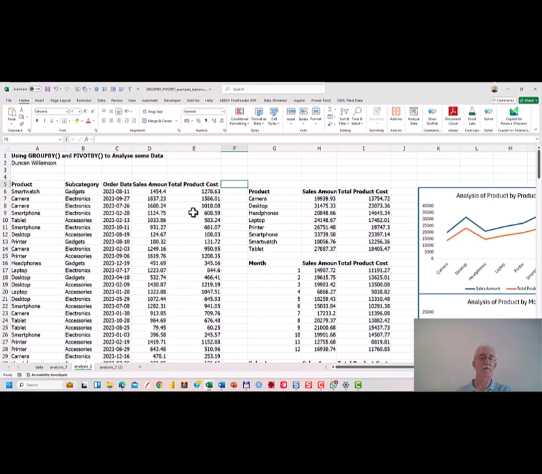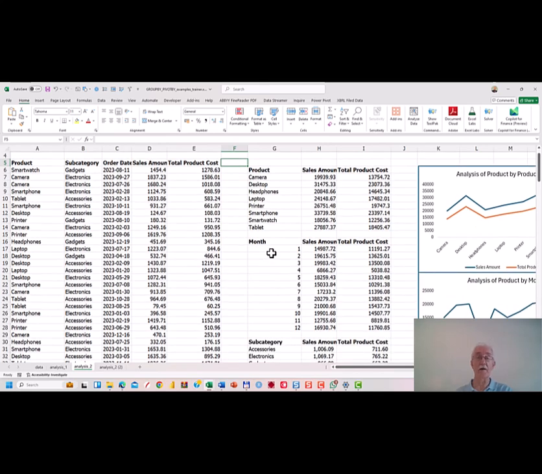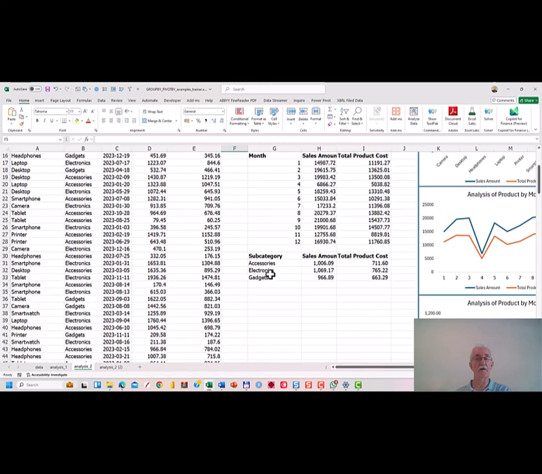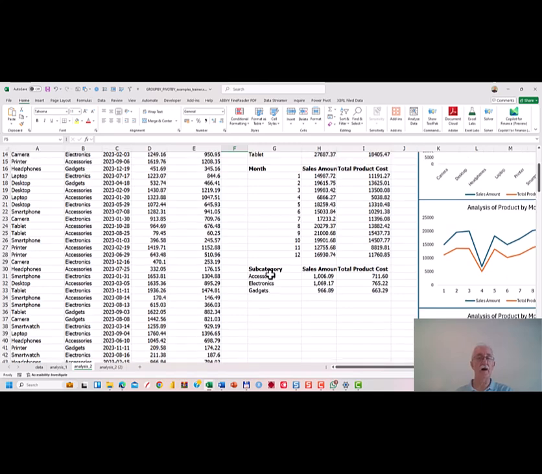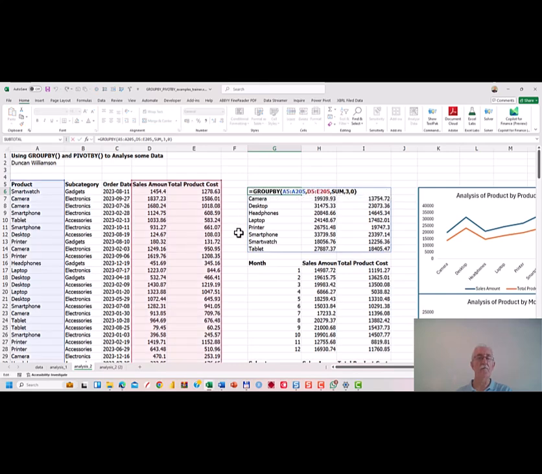One way to help is to group our data, which we didn't do in part 1, by product, by month, maybe even by day, by year, and by subcategory. And that's what I'm going to do now. Initially, we're using a new function, GROUPBY, and here's all we do. In one cell, equals GROUPBY, open bracket, then